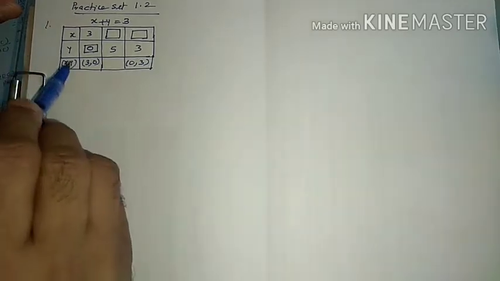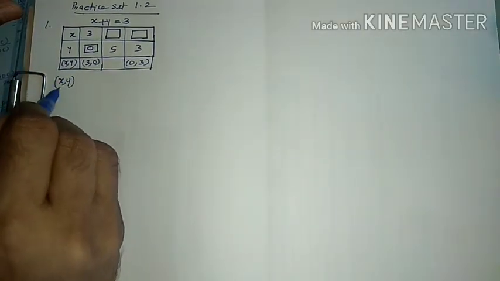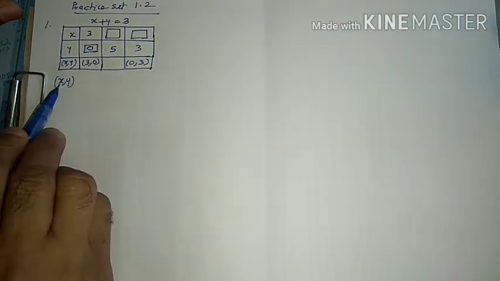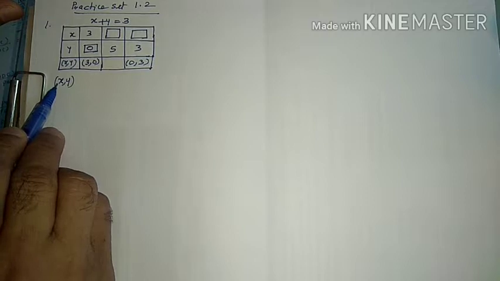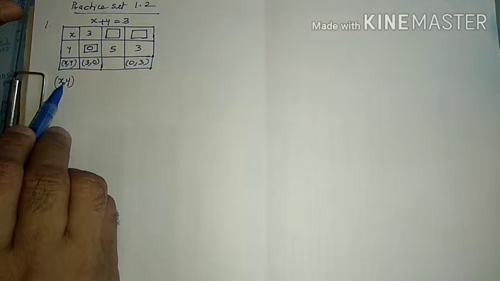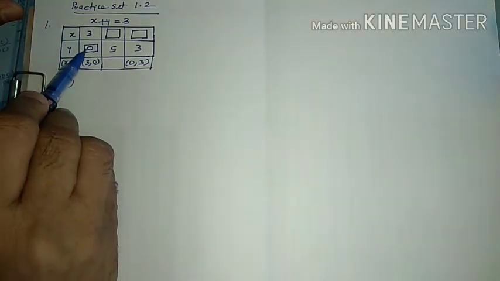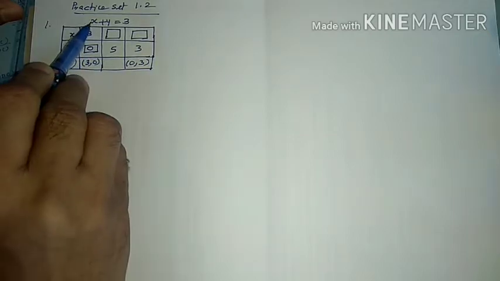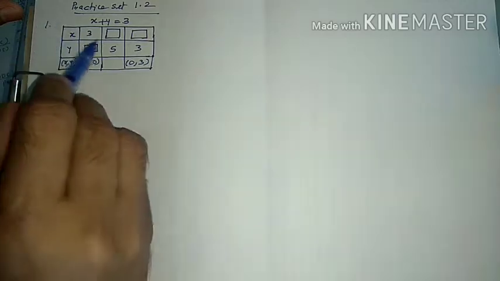Whenever we write any point, it is in the form of x, y. First you have to write the x value, then we have to write the y value. This is the x coordinate, abscissa, base. The y coordinate is the ordinate, that is height. Like that here, base is 3, height is 0. So 3 plus 0 equal to 3. 3 plus 0, 3, 0.